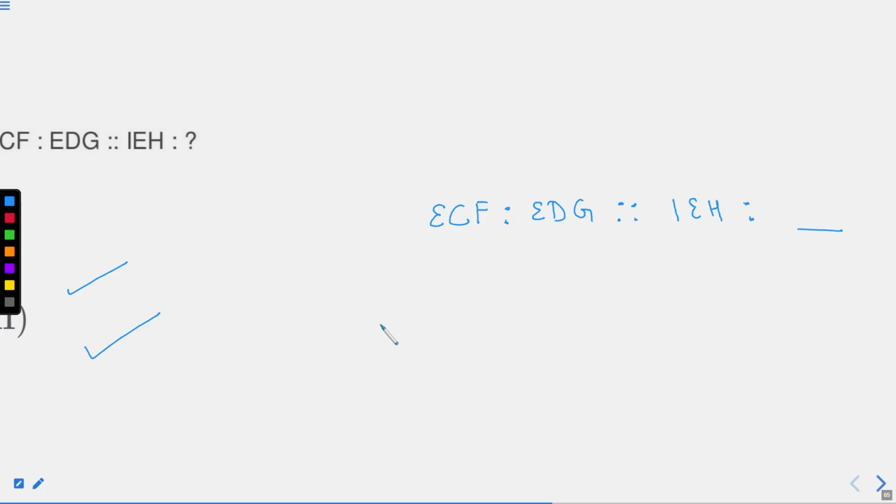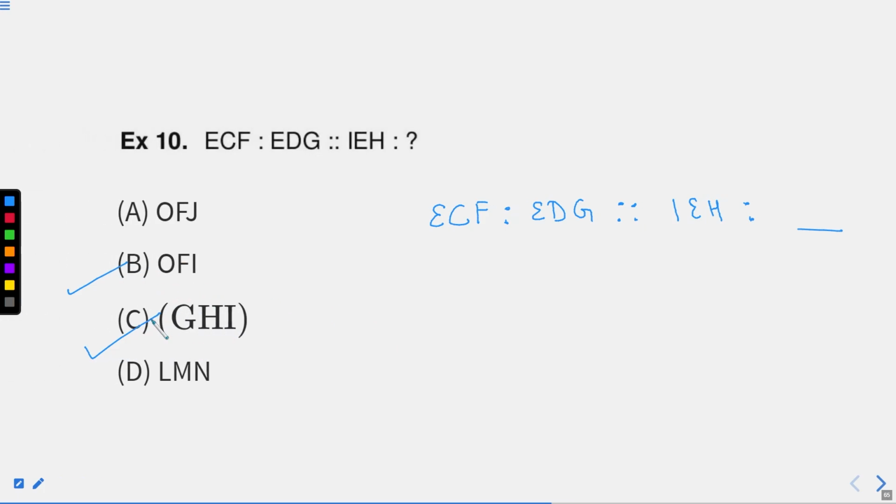It will be starting with a vowel, then F, I. Not this one. The answer must be starting with a vowel itself, so these two options are already eliminated. Now what do you need? A Fi or a Fj? You need a Fi. I hope this part is also clear. I hope this question is clear. The procedure is clear till now because we have already solved 10 questions.